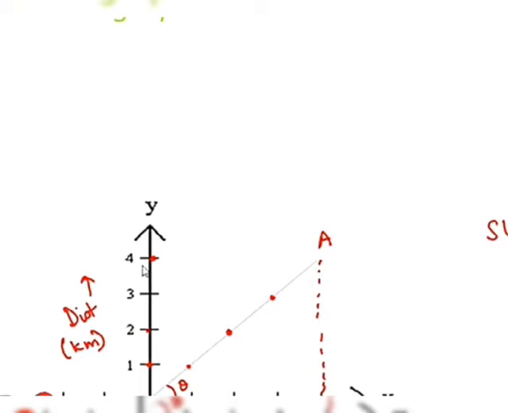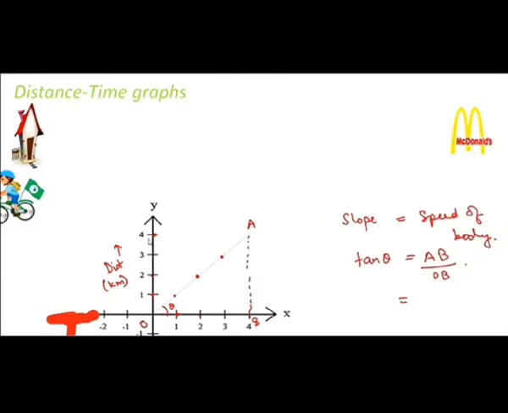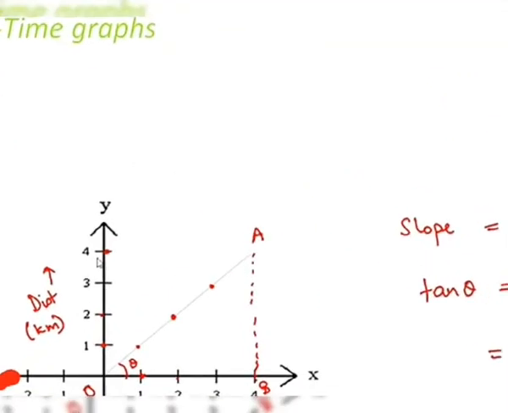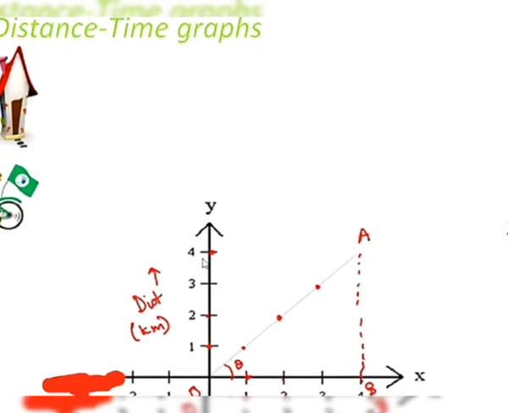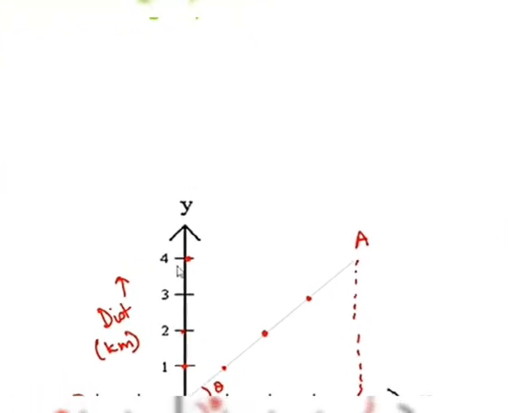Okay, now speed came out to be 2 km per hour, right? So in 1 hour, this boy was gradually covering some distance, and finally it covers 2 kilometers in 1 hour. So in this case, if we plot the distance-time graph, it comes out like this, and that is, the distance increases with time. So in this case, the slope of this line gives us the speed of the object, because